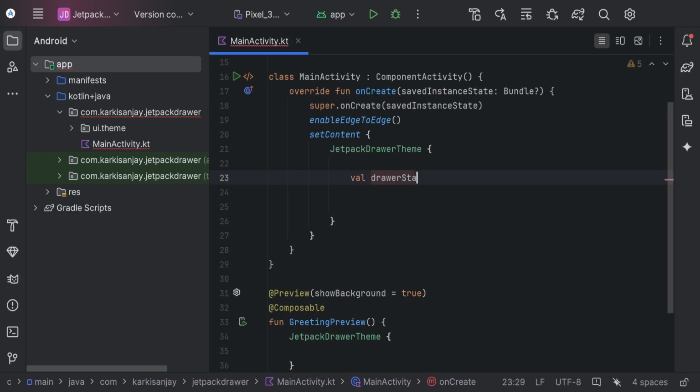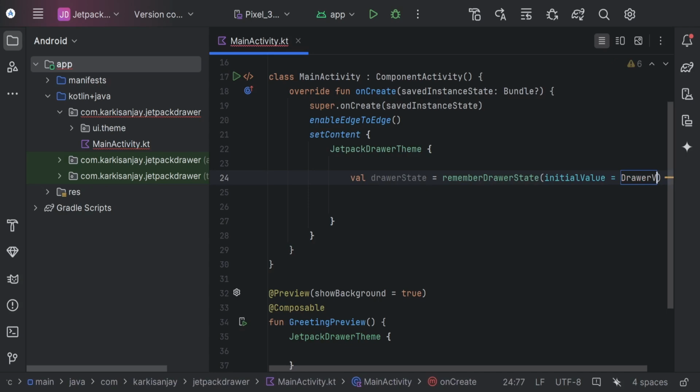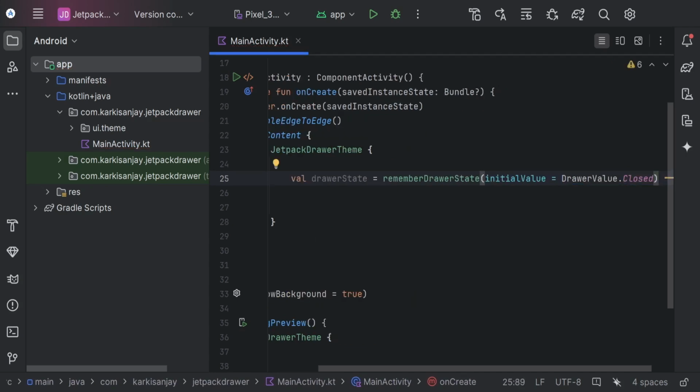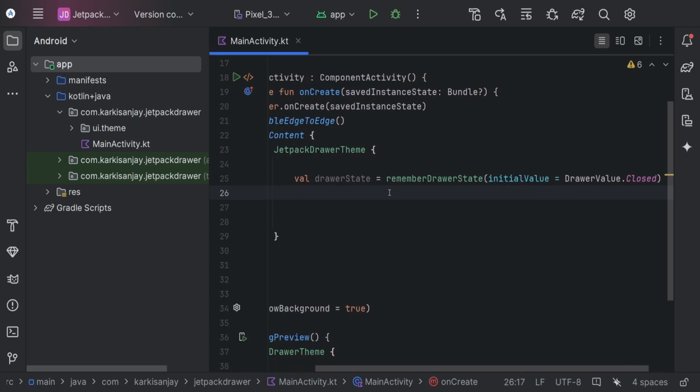set drawer state, and let's declare it by remember drawer state, and let's give it an initial value of drawer value closed. So initially our drawer will be closed, and after that we also need a scope. So we need a scope to change or to trigger the drawer state. So remember, put it in scope,